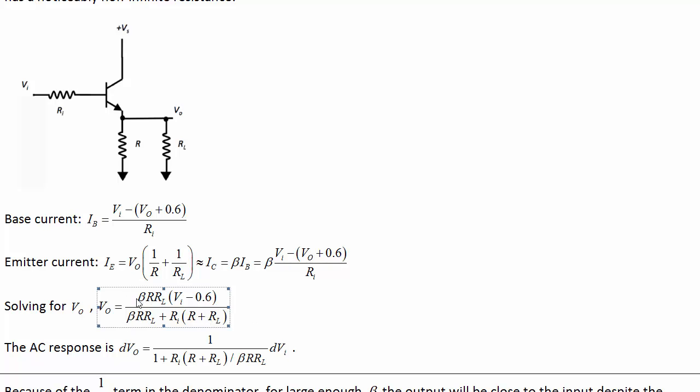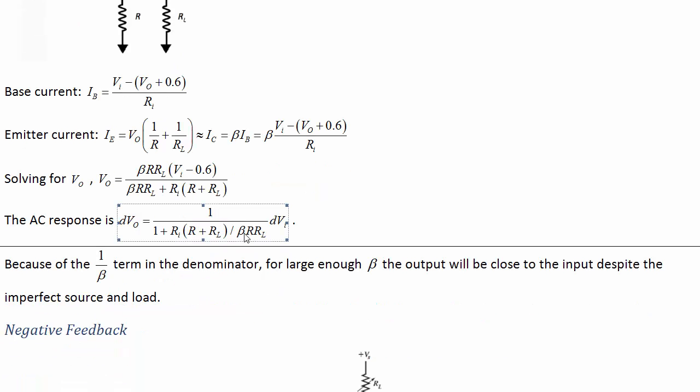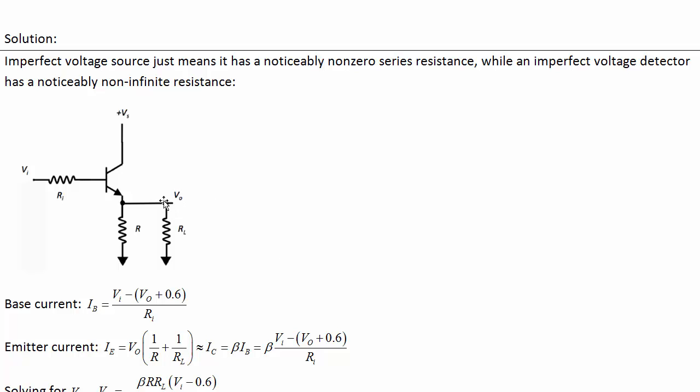Ideally we can find out what this is without needing to know exactly what beta is, just knowing that beta is large. So sure enough, taking a change in the output voltage by differentiating both sides with respect to V_I, we find that the change in output voltage per change in input voltage is, after rearranging, 1 over 1 plus this term. Now if beta is sufficiently large, then this denominator term can be neglected, and so the output voltage change